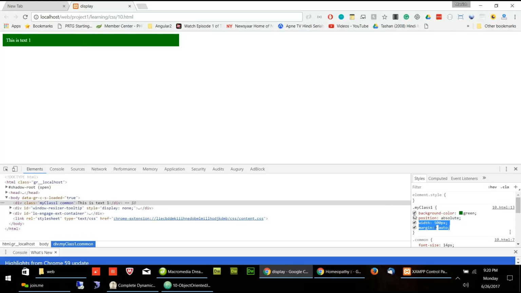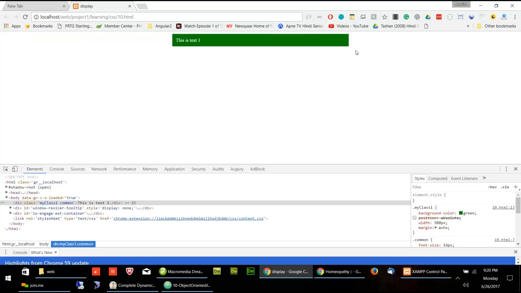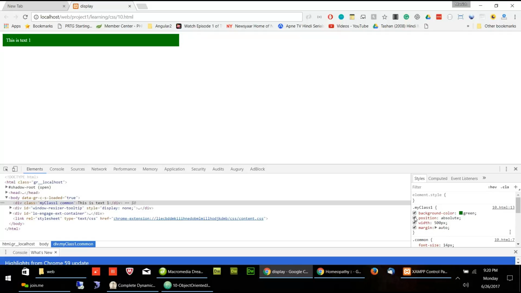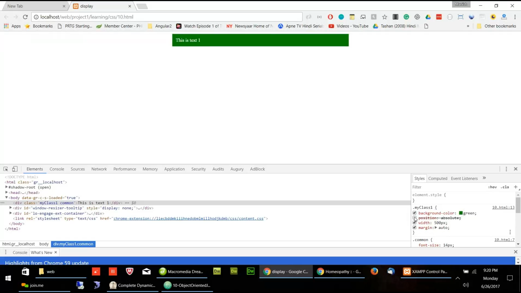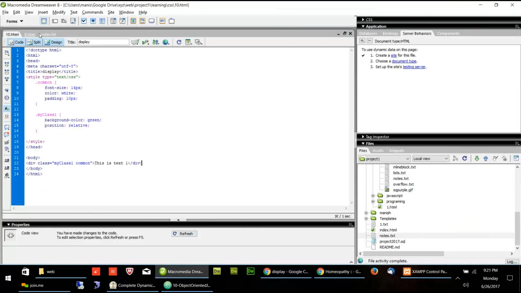Now, if I remove this position, then the div will come into the center. If we have position absolute, there are other ways to make it center. I will show you that way tomorrow. For now, just remember to make it center, you will use margin auto with position static or position relative. So that's for today. So what we saw,